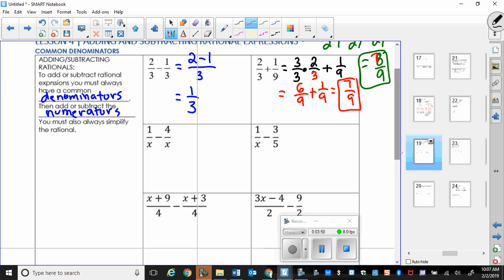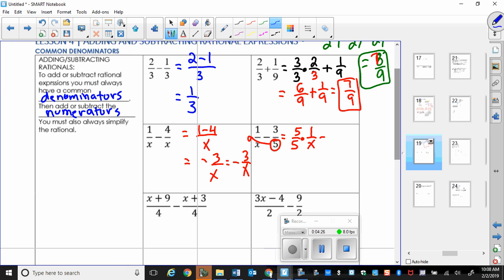Let's look at the next one. Denominators are the same, so I have 1 minus 4 over x. This equals negative 3 over x, or you could write it as negative 3 over x where the negative is out in front. For the next one, we need to multiply to create that greatest common multiple, 5 over 5. This is 5 over 5 times the original portion, 1 over x,